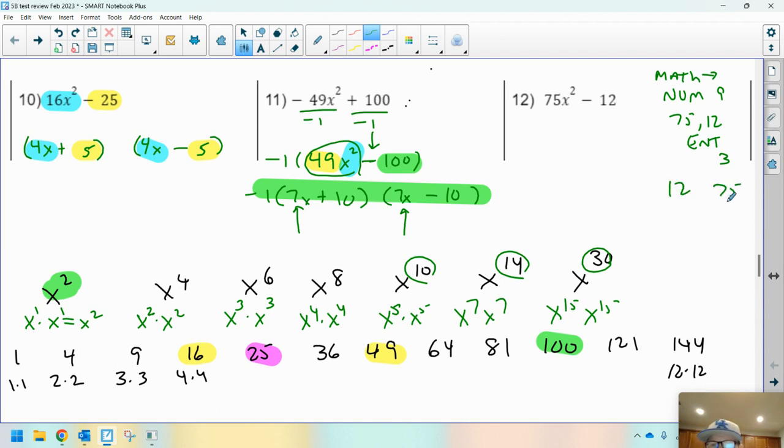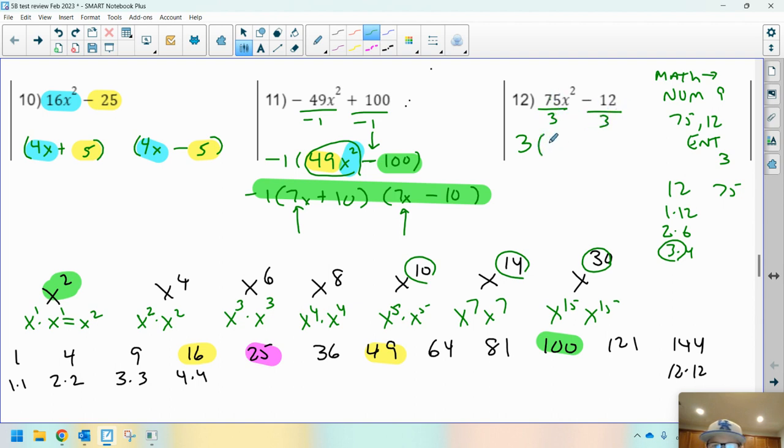12 and 75. So we have to figure out all the numbers that multiply to 12. 1 times 12, 2 times 6, 3 times 4. What's the biggest number of these that also goes into 75? You might have to take a little time and you would figure out that it's 3. 3 is the GCF. x is not a GCF because we don't have an x in the second term. So just the GCF is 3. So if we divide by 3,